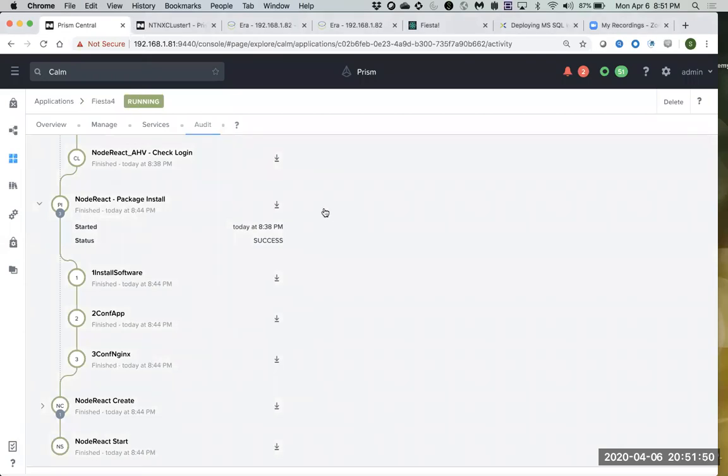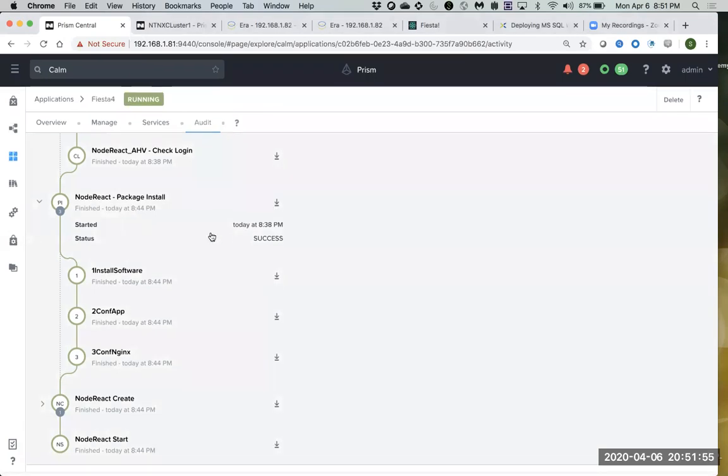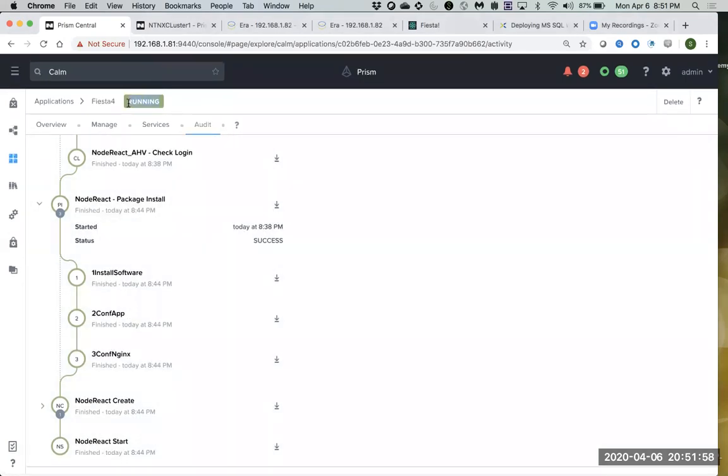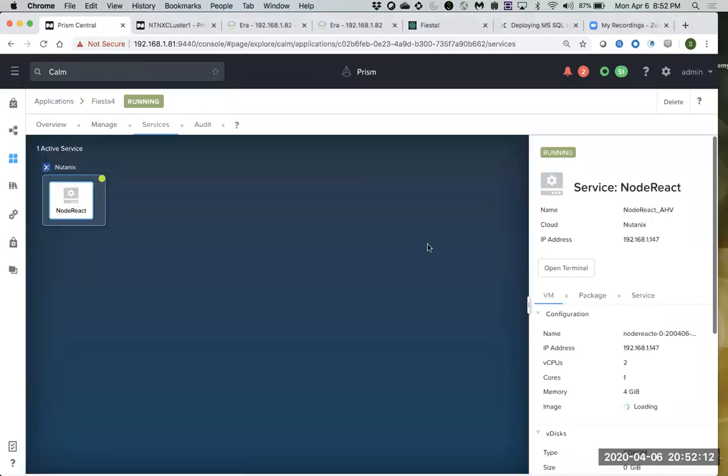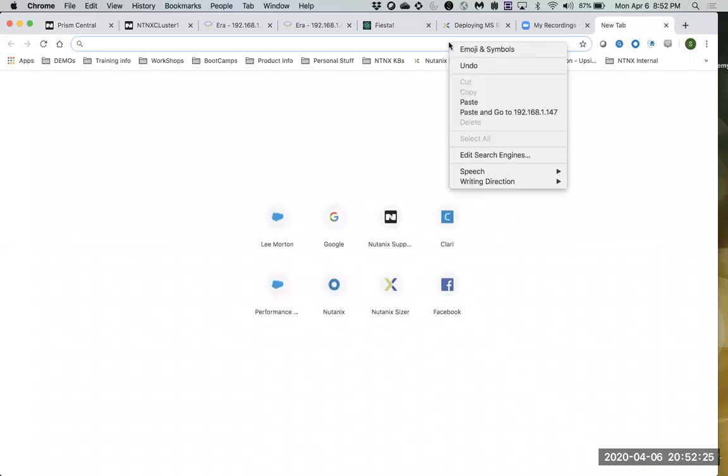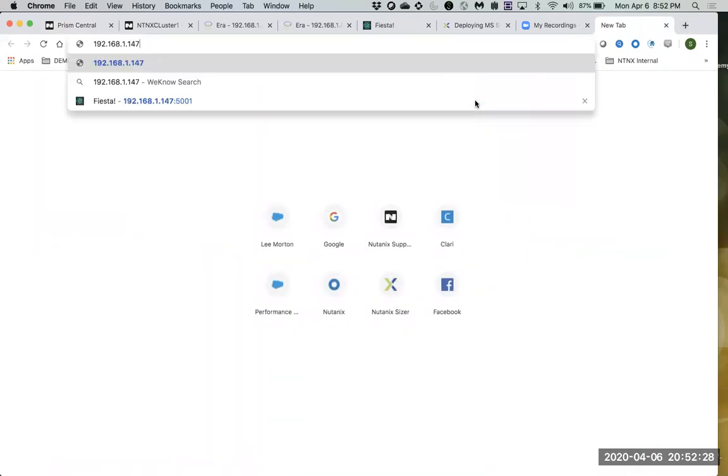So I'm back again, and I'm looking at Nutanix Calm through the Nutanix Prism Central console, and I can see that the application for the web server is currently running. So it's actually deployed all the components for the web server. It's created successfully, and our web server is up and running. So Calm has the concept of a service here, and again, we can see that the IP address for the service is the IP address of that virtual machine. So I can actually copy that IP address, and if I bring up a new browser and I go to that address on port